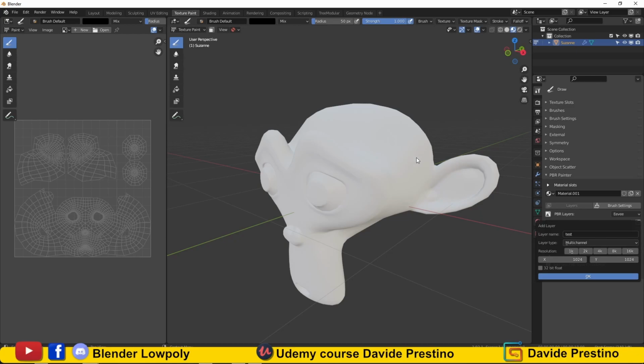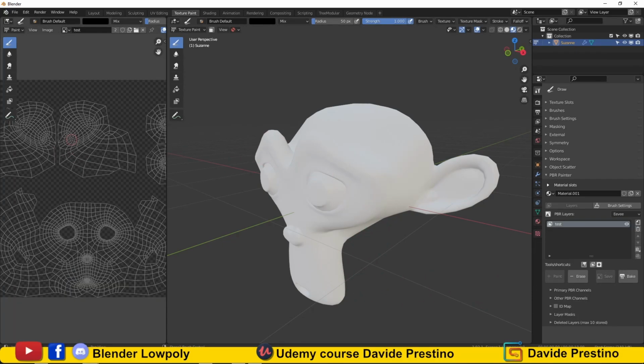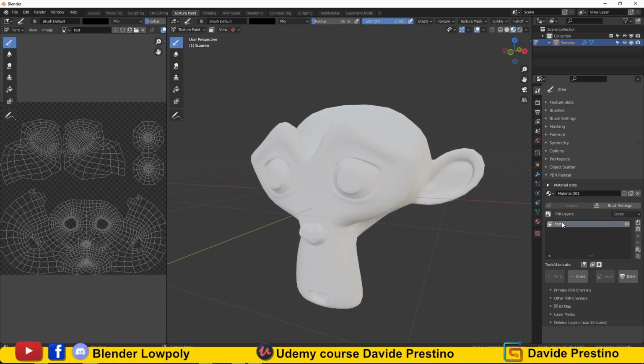The resolution indicates the detail for the paint layer. The higher the resolution, the finer the edges of the brush stroke will be. If we want to import external textures, we can use a 1 pixel by 1 pixel layer, so we can also save the memory of our video card. We can also use a depth of 32 bits, to improve the rendering of the normal map. We press on OK and the first layer will be ready to be used, as if we were in Substance Painter.